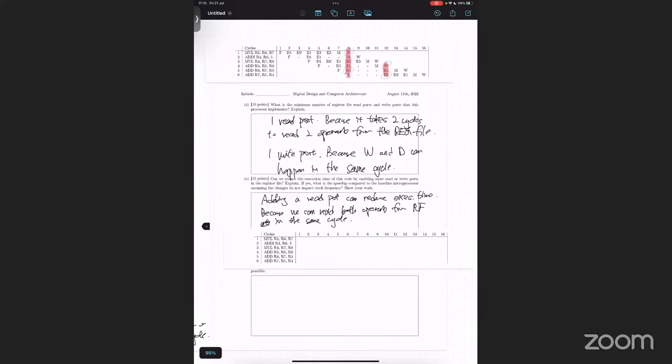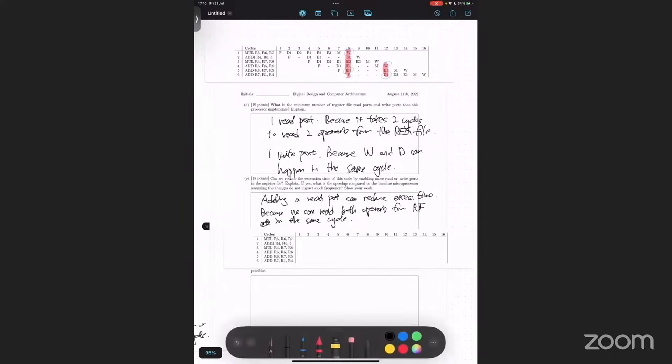So what we can do here is just merge all D1, D2s into D1, and let's write down this pipeline diagram. D1, D2 will become just D. E1, E2, E3, memory, write back,